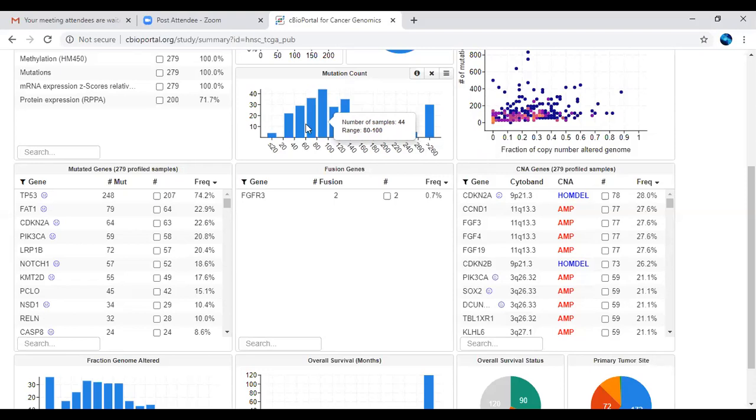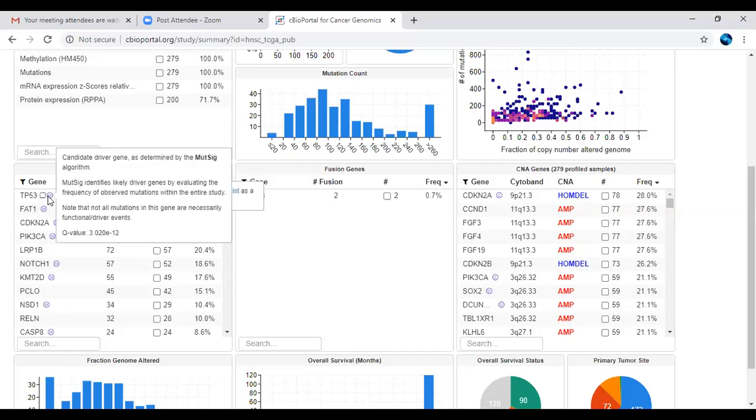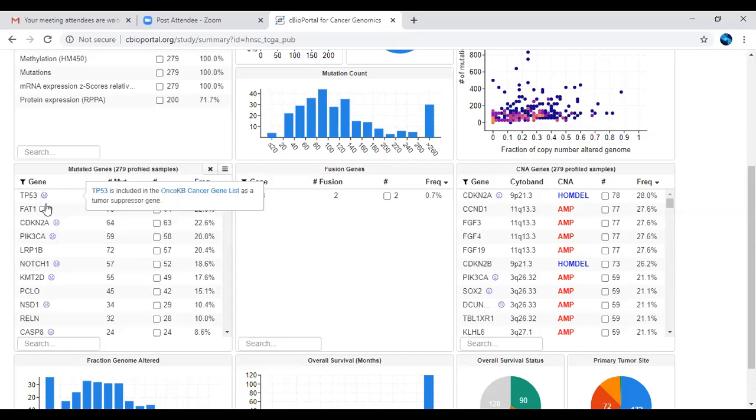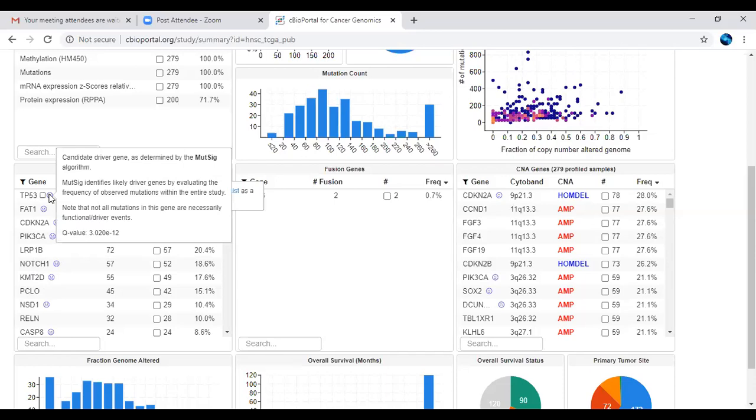We will move forward. Here in the GDC portal, we have seen the top mutated genes. For example, 20 they have shown. And here they have listed all the genes with respect to only the samples we have selected, that is 279 samples. Even the links are also available to different databases. So if you are more interested in a particular targeted gene, you can go to this link and see in detail about the TP53 gene.